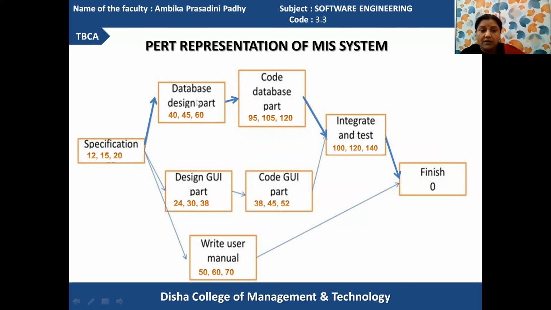Got it? When these three actions are carried out, at the same time the database designing and GUI designing are performed. When the database designing is over, it will lead to coding the database. When GUI design is over, it will lead to coding the GUI. In the meantime, writing the user manual is performed, in which each and every action will be documented in different document files for review purposes.